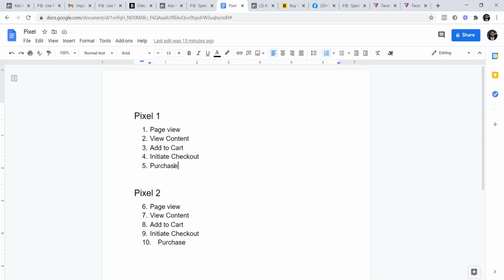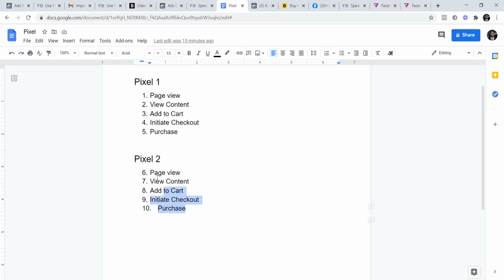So why I'm saying this, that see, they have 1 pixel in which they have all these 5 events, and then they have another pixel where they have 5 more events. But now, since Facebook is allowing only 8 events, you cannot have the last 2 events, which are initiate checkout and purchase. So basically, you cannot have another pixel because you can't track all the events in that pixel. So this is the issue, and it's going to severely impact everyone,